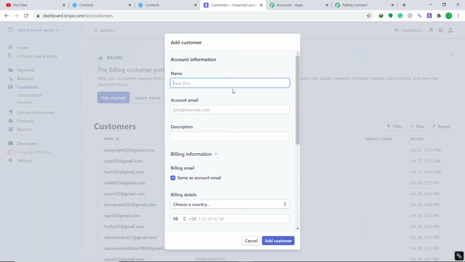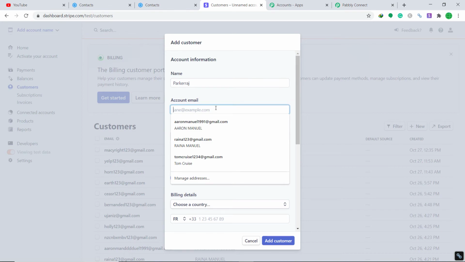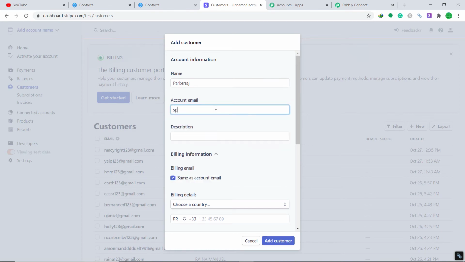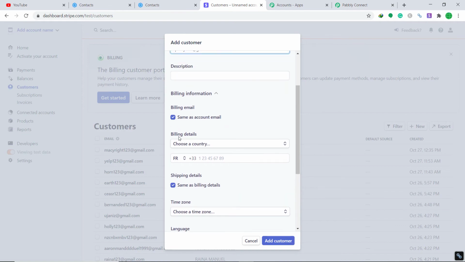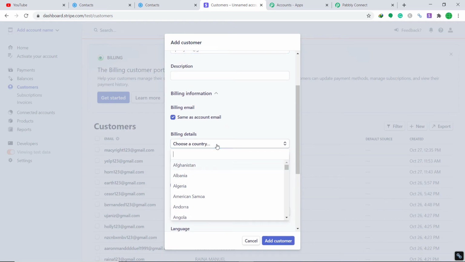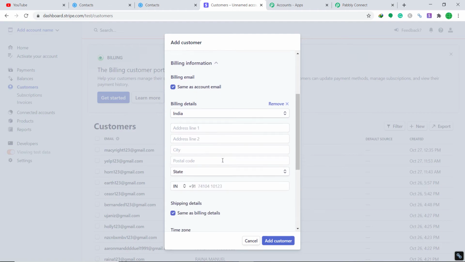So the name of the person is, let's say, Parker Raj. Okay, and the email is spidey123@gmail.com, and the description is something empty. That's all. The country, let's say Parker Raj is from India this time. The address line, do we have to mention it?